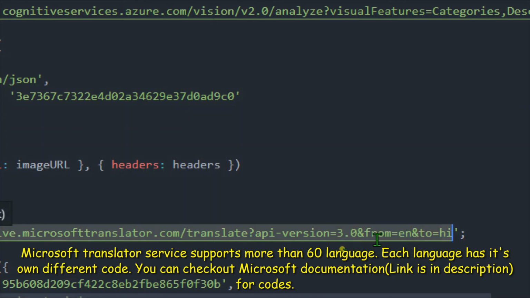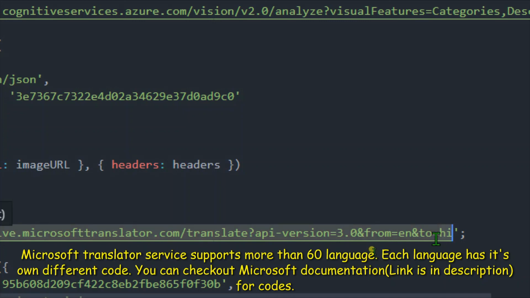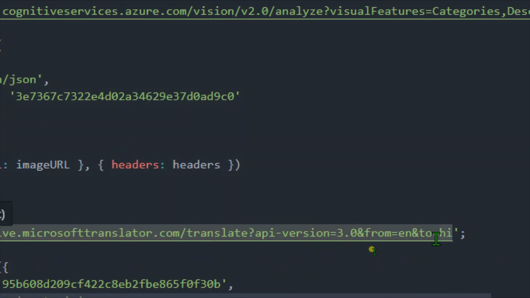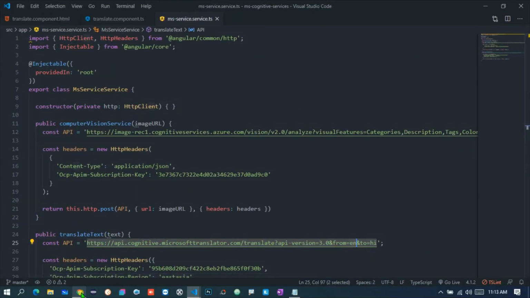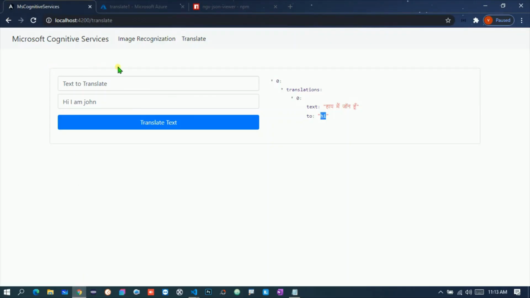So over here if you want to use some different languages, then you can give the different codes. So this Microsoft Cognitive Translator service is capable of translating text from more than 60 languages. So whatever the codes are, I will give the link in the description box, and you will find different codes for different languages. For Hindi it is hi, for English it is en, for any other language we have different codes. So make sure you are using the correct code over here, and I will give all the documentation links in the description box. So now again everything is done, and I think it is looking good.